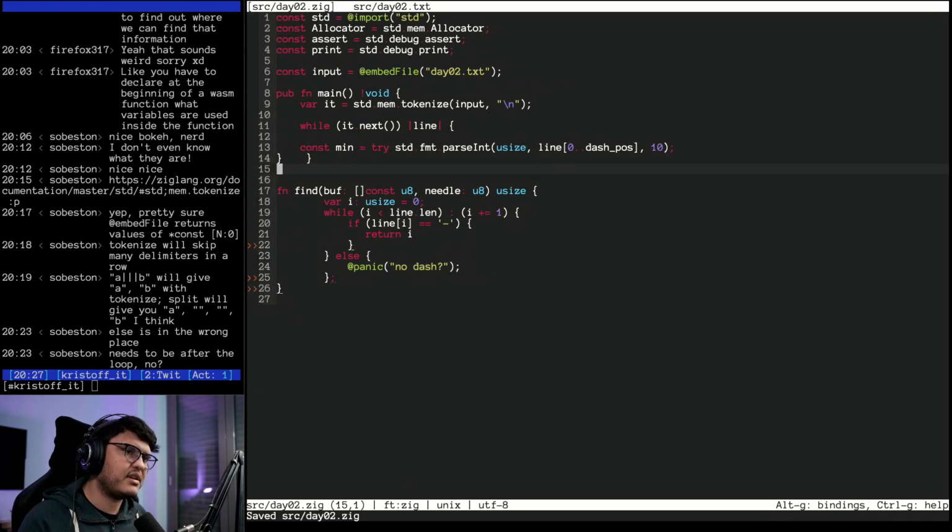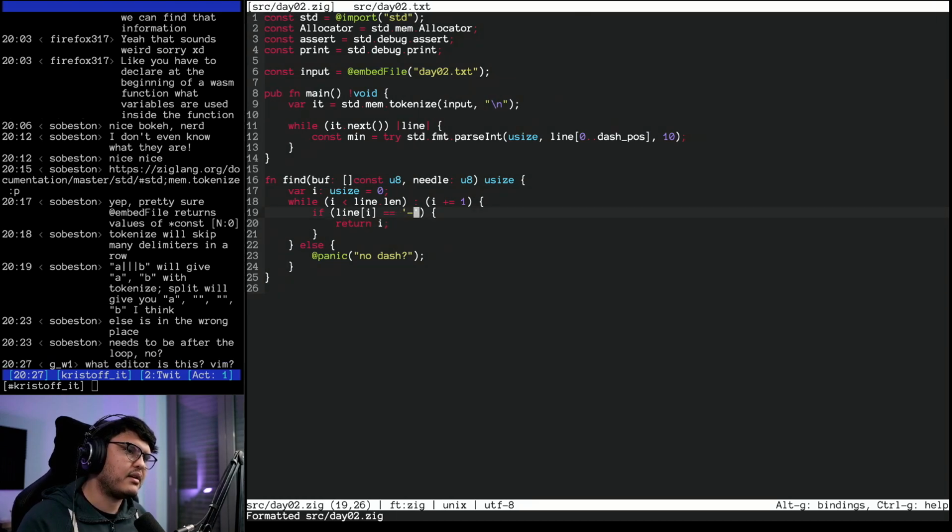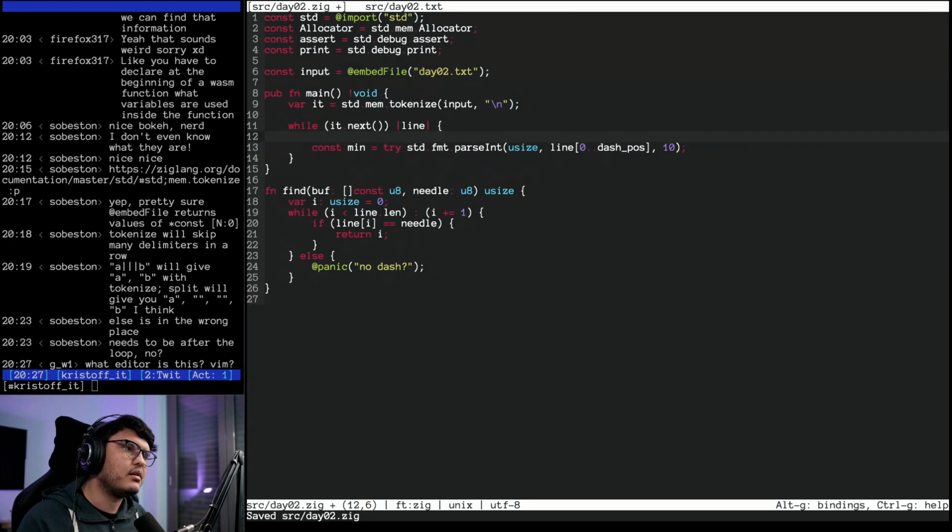So yeah. Go here, save, so I can get some formatting. This one doesn't require this anymore. Can I have some formatting now? No. Why? Expected semicolon. You're right. Okay, we just return I, and that's it. Character is our needle. And this seems fine.